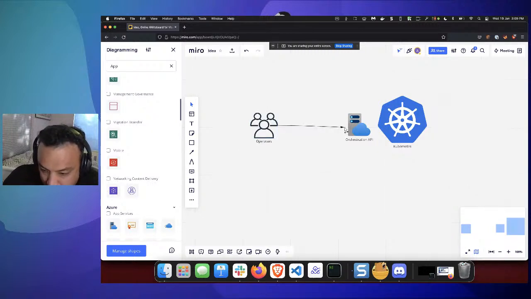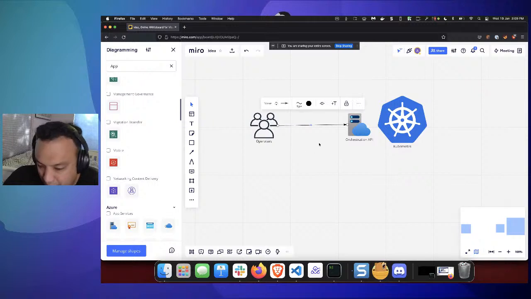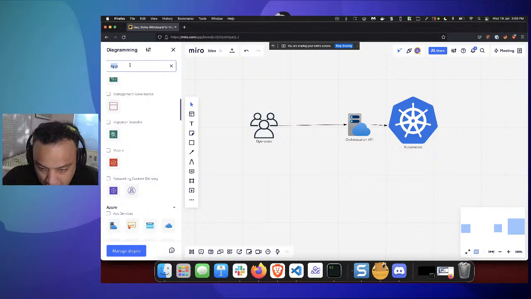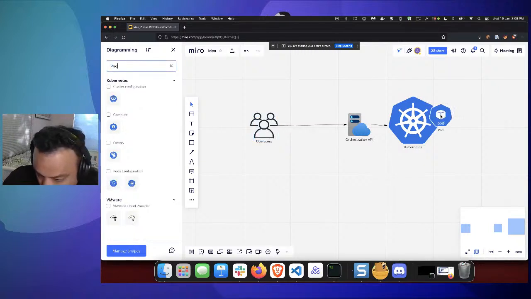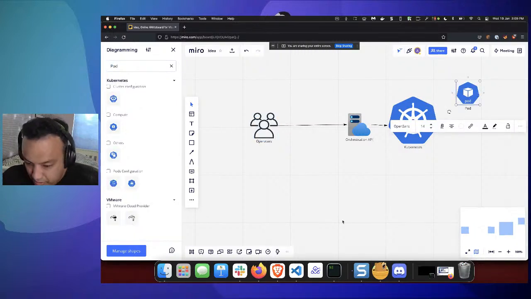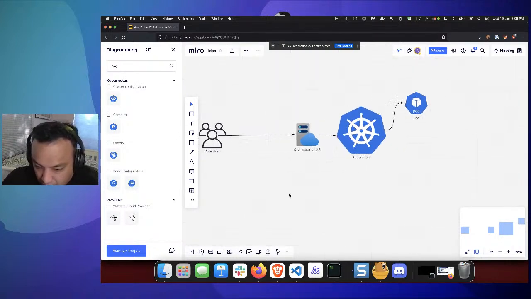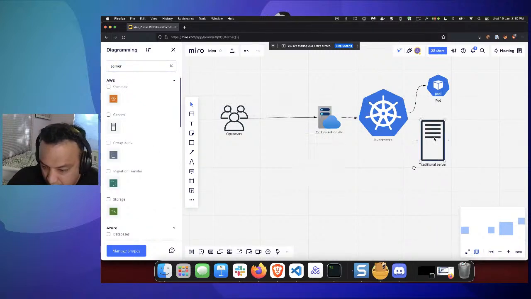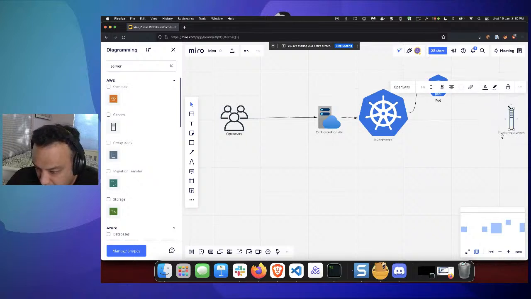So the idea here is that these people will orchestrate it through a CLI or something like that. They'll talk to an orchestration API, and that orchestration API will schedule jobs or will create jobs on Kubernetes. And Kubernetes is going to launch a bunch of pods. It's going to launch a pod which is going to run the actual scan, right? So this is going to launch a pod that is going to run the actual scan against the server. So it's going to run the scan against my